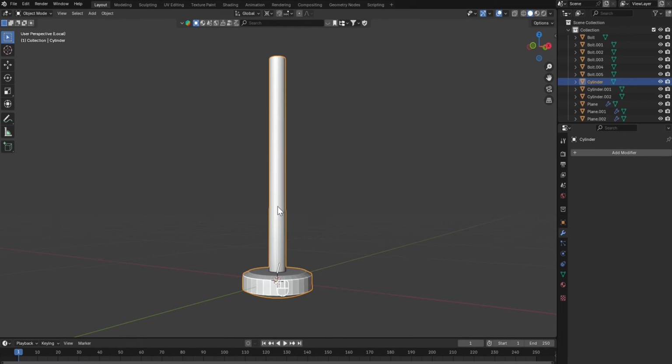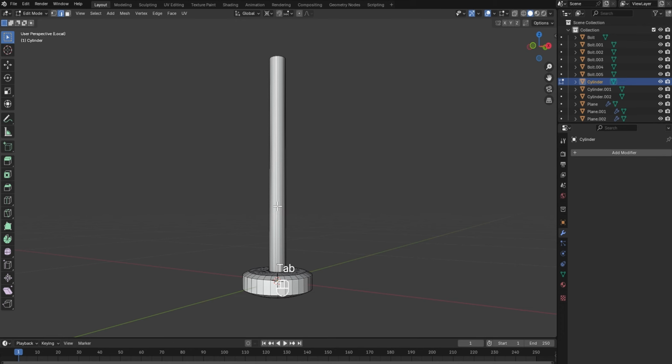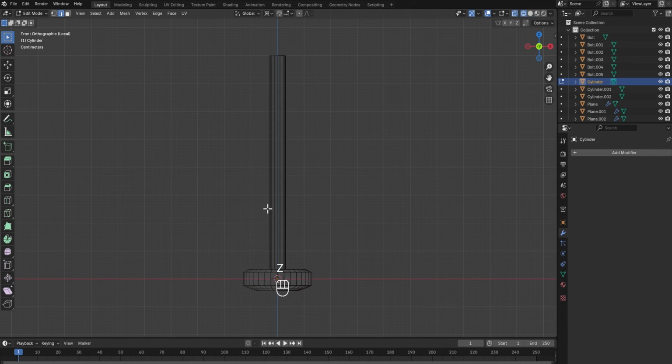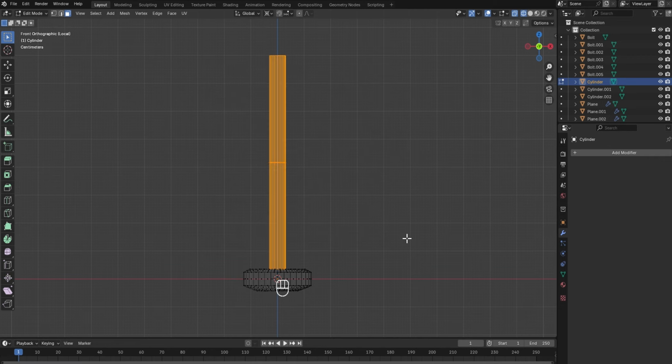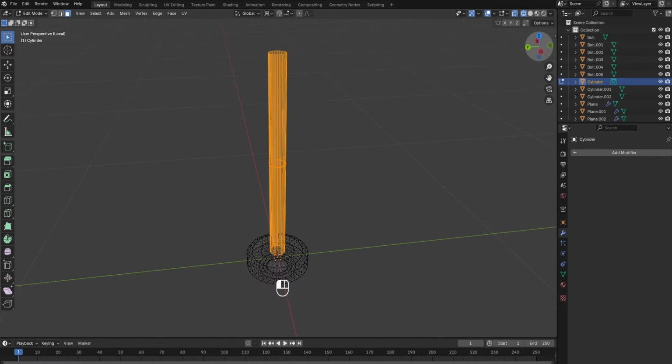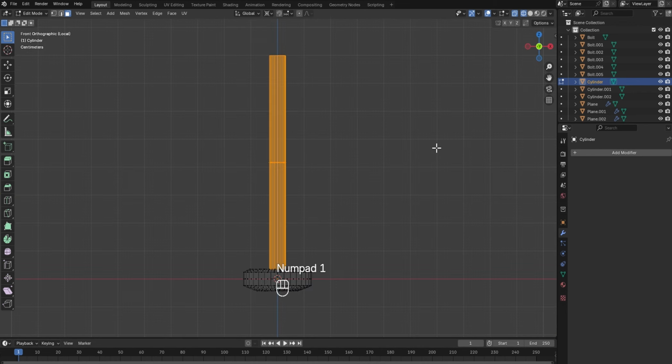isolate it, then tap Tab to go to edit mode and front view. Let's be in the wireframe mode. Alright, so now let's be in the face selection mode and make sure you select this. Okay, alright. After selecting this, press P and separate by selection. Alright, then snap back to